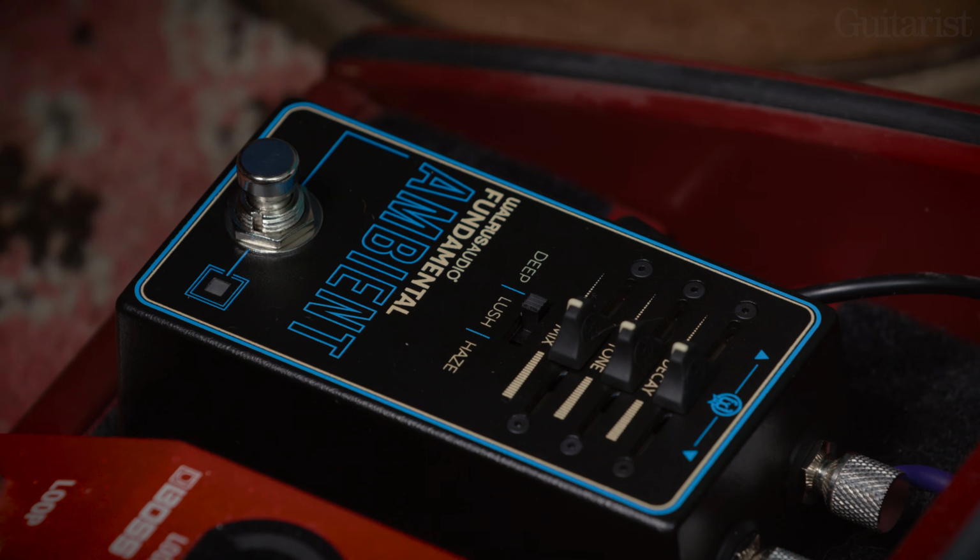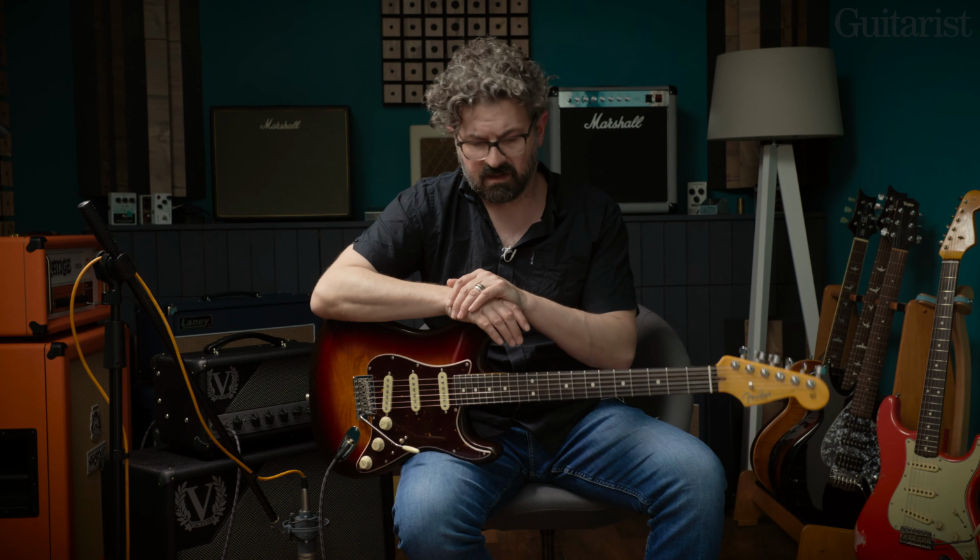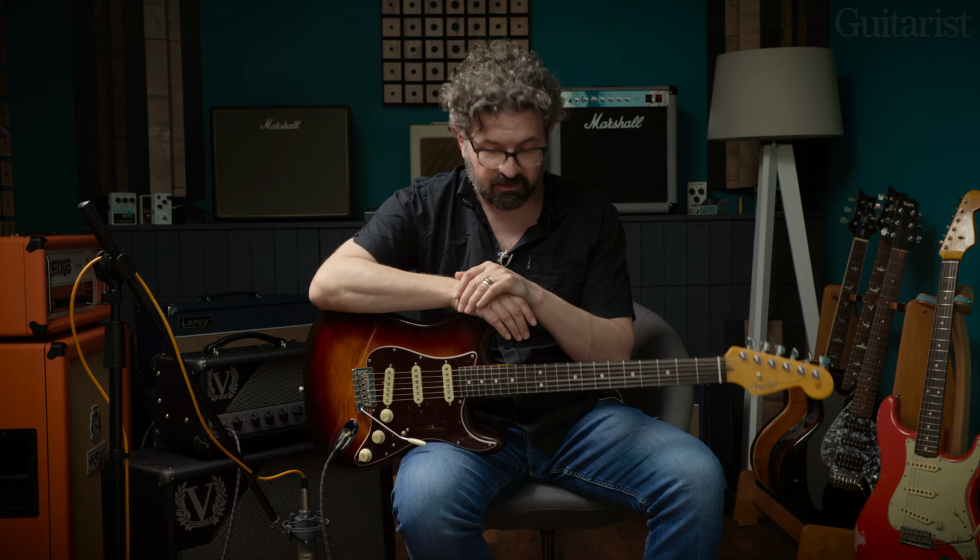So that's the Walrus Audio Fundamental Ambient pedal. Really interesting. You've got a lot of scope in that. You could probably have many happy hours fiddling around with that and getting kind of Blade Runner-y sounds, or just interesting sort of violin swell type sounds out of it. Yeah, really cool, that. And as I say, it's from the Fundamental range from Walrus. It's a bit cheaper than their core range stuff. Very, very worth checking out. And for all you soundscapers out there,